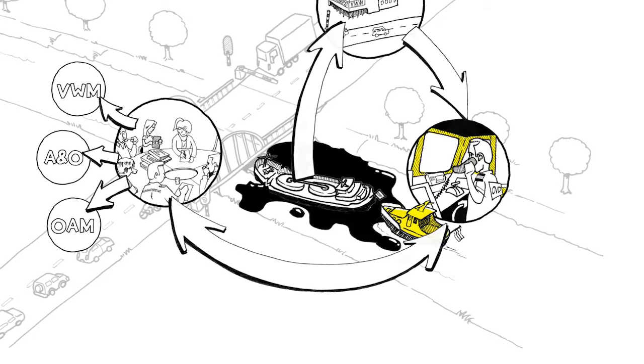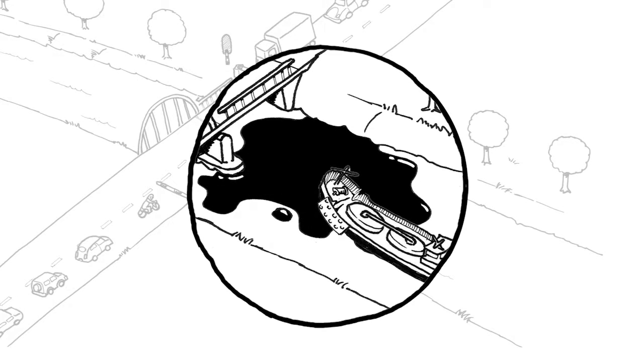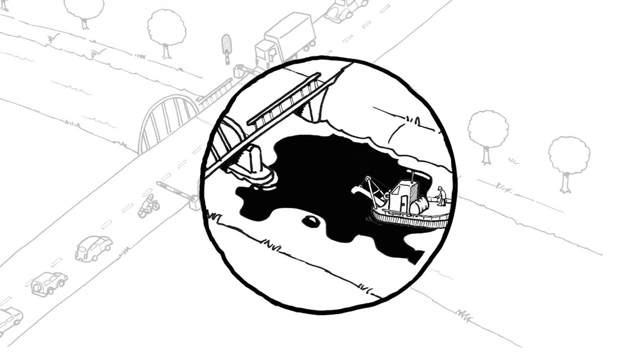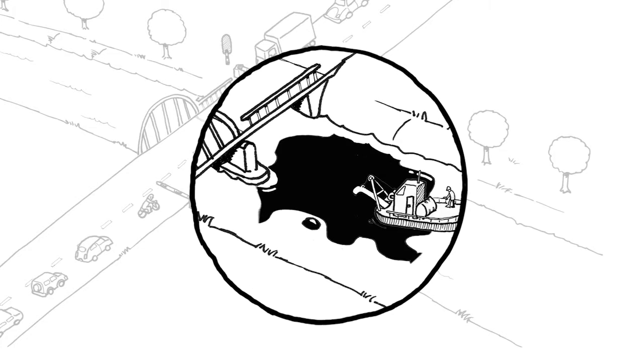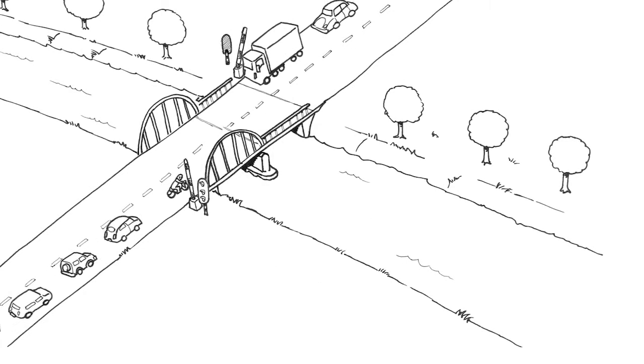In this case, the first course of action is to plug the oil leak in the ship and tow the ship away. The technical advisor concludes that the bridge is safe to use. Meanwhile, the oil in the water is cleaned up and the lawyer begins work to recover the damage. Road and water traffic resumes.